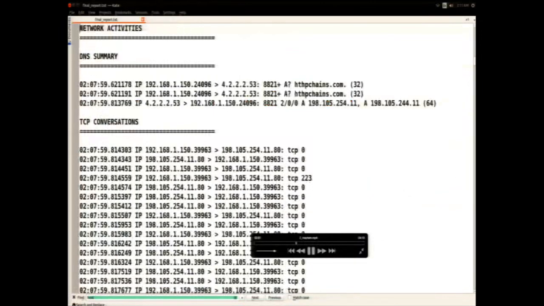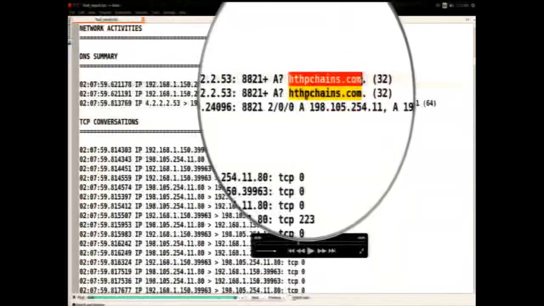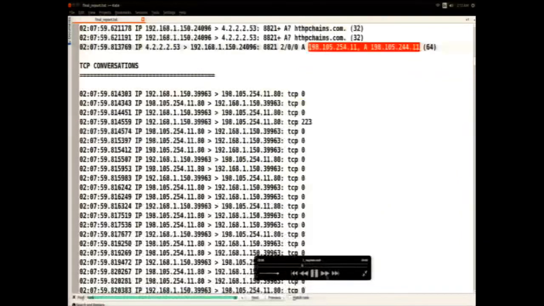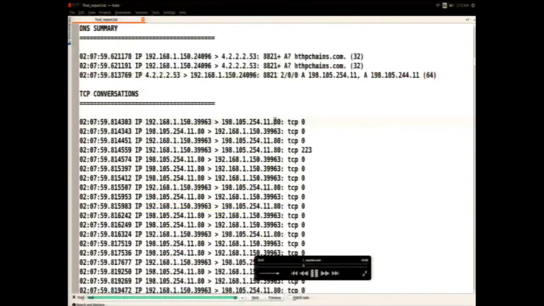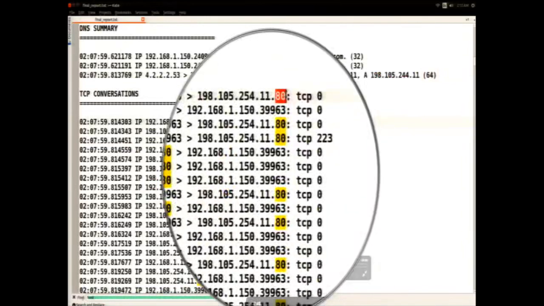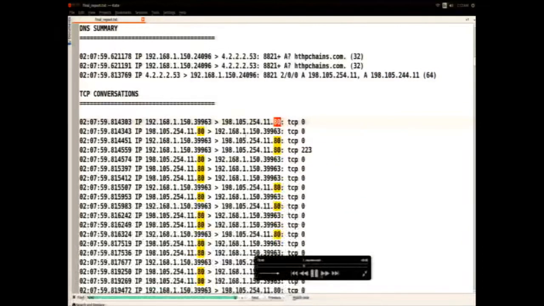So then you see that this is the network activity. As a result of calling the malicious exit function, it makes a DNS query to this domain here, hppchange.com, which is the command and control server, and which resolves to this IP address here. Once it resolves the IP address, you see that it is connecting to that IP address on port 80. So it looks like it's doing an HTTP communication.